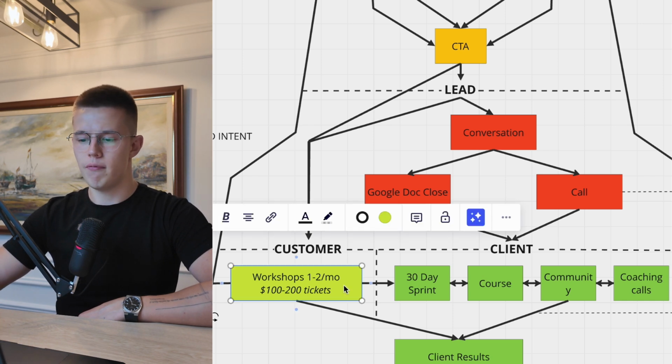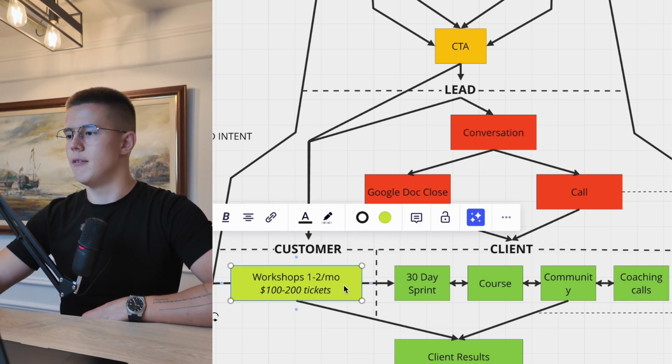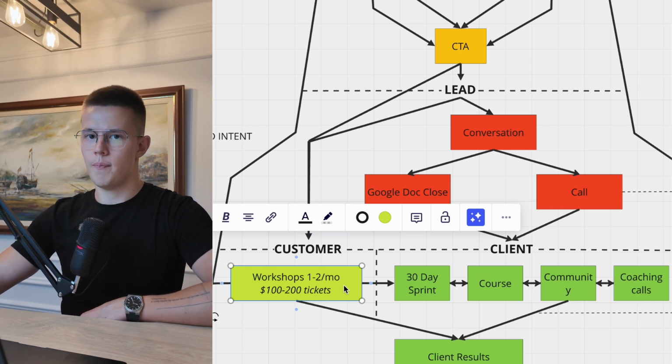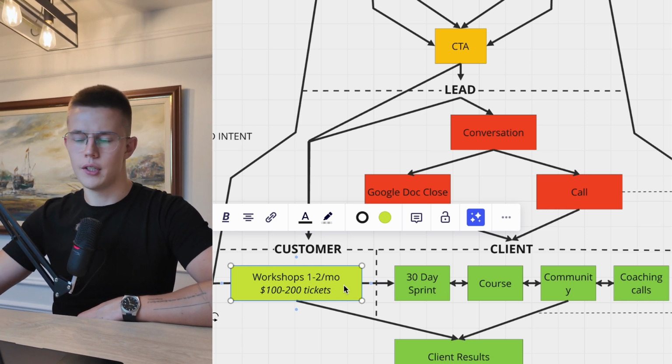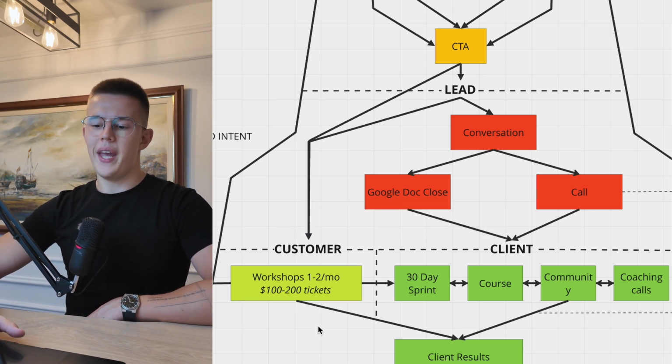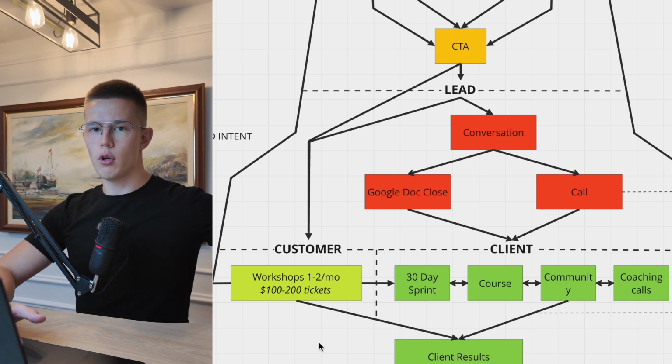because out of all customers we've created, I found that 15% of them will become clients without sales calls, and they will just tell you that they're in. Whenever they're ready, they will just be like, yeah, I'm in, send me a payment link. This happened to me multiple times, along with the money that you make on top of your recurring revenue